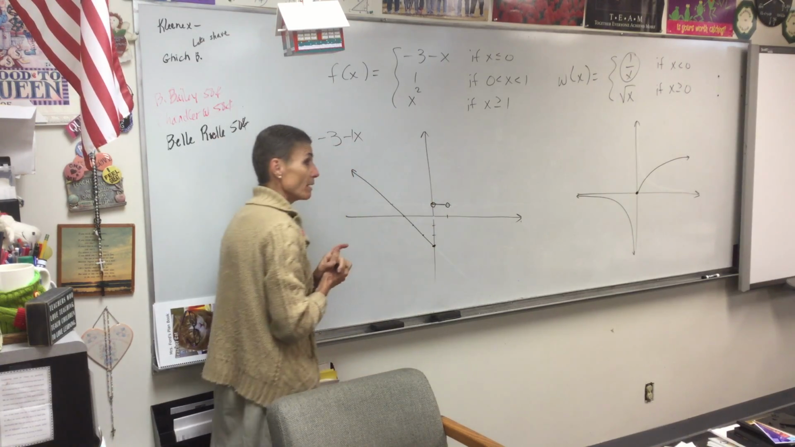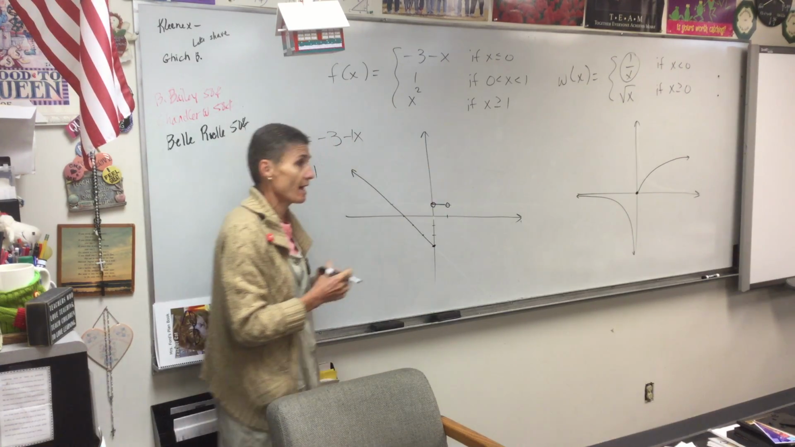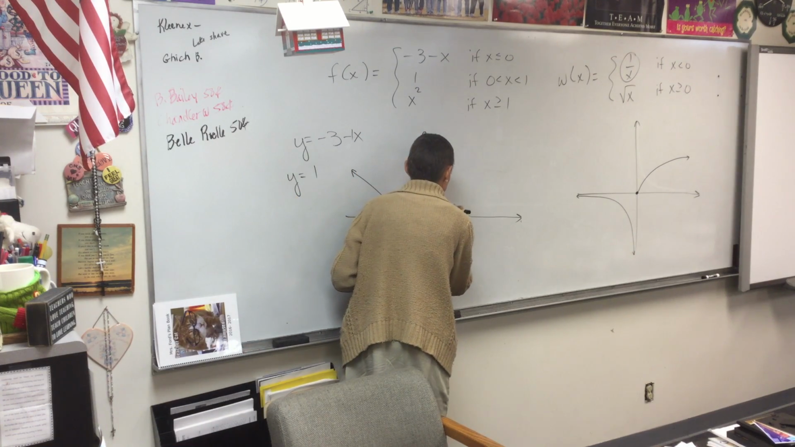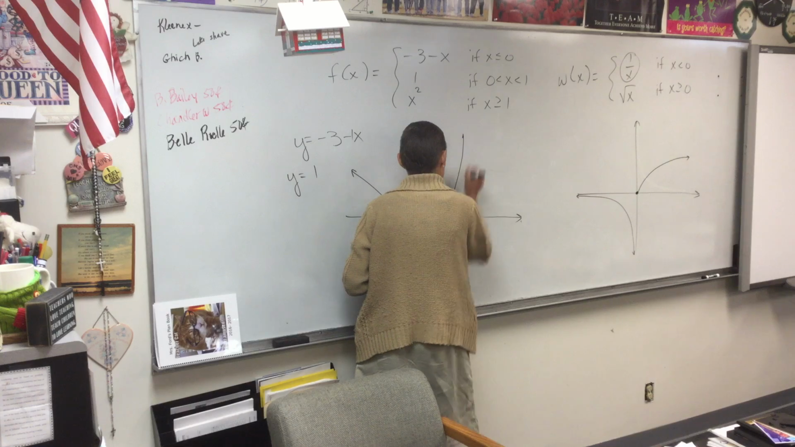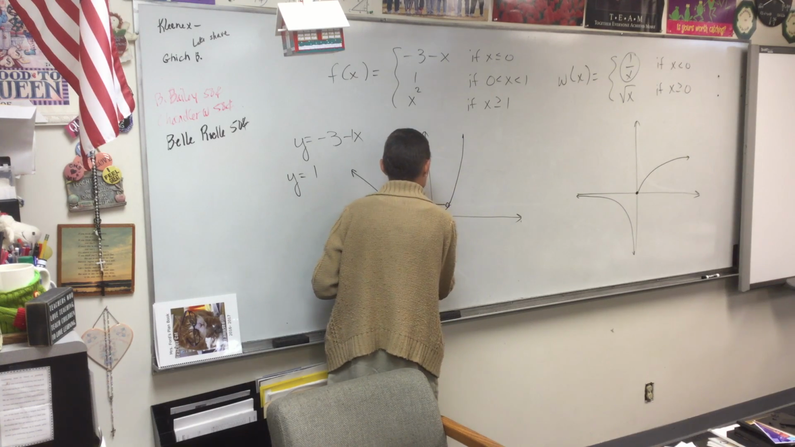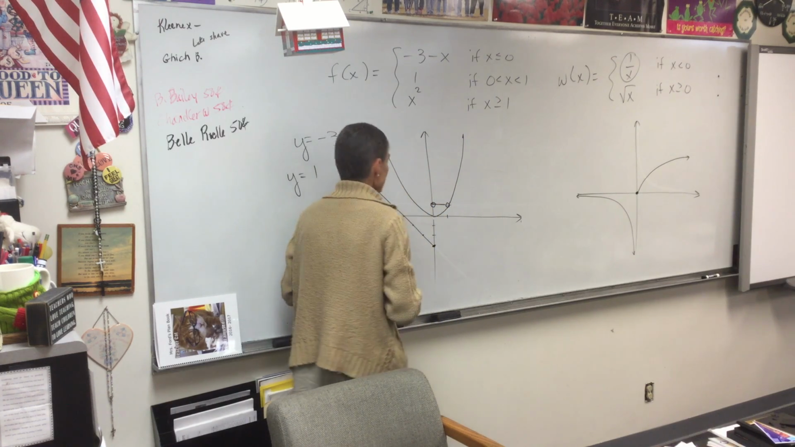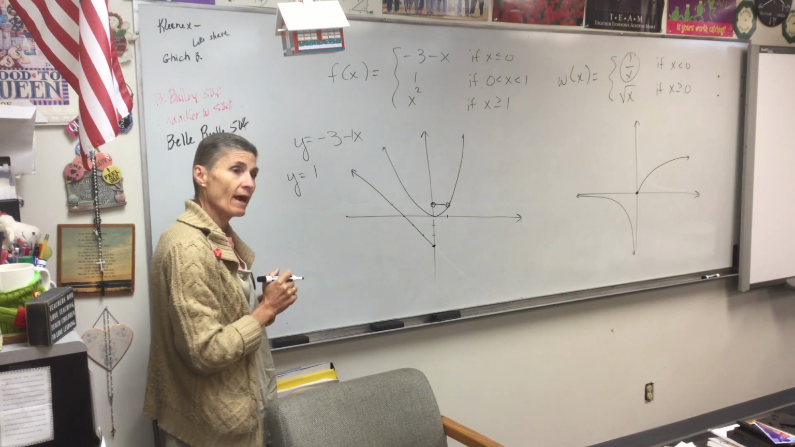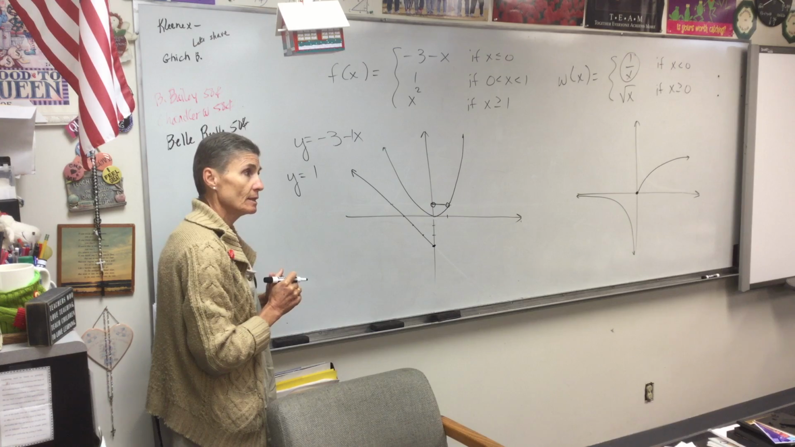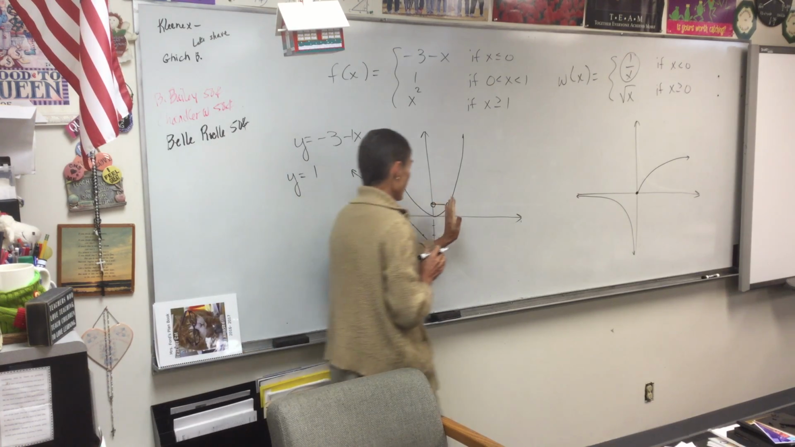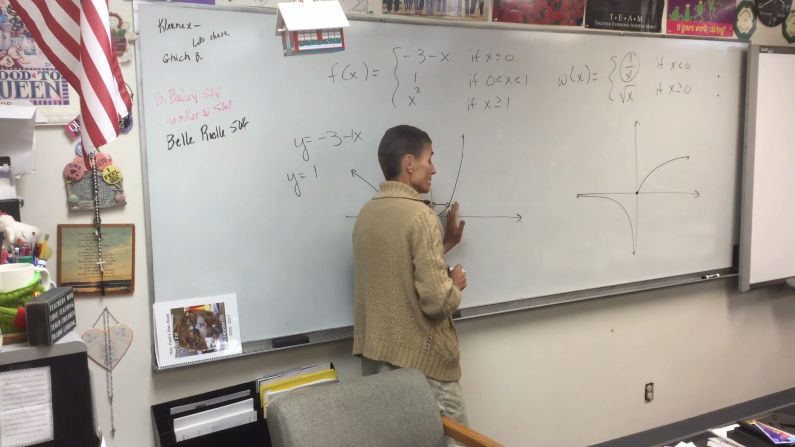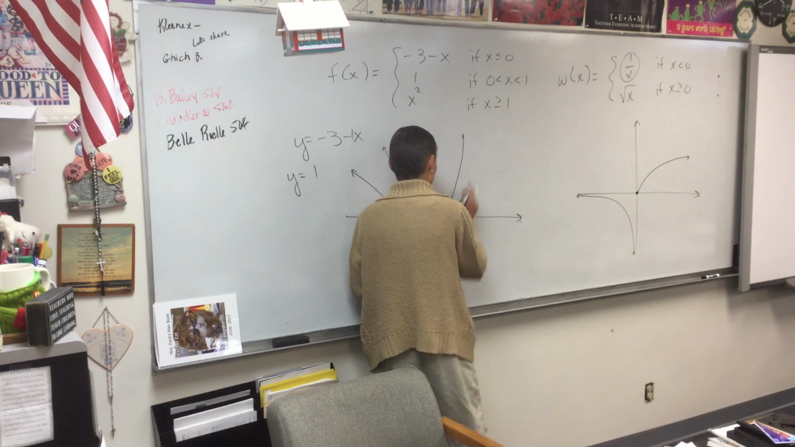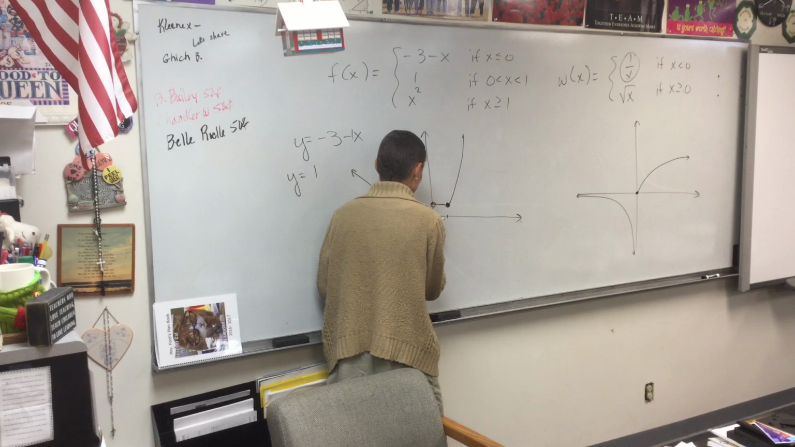The bottom one now, the third piece. What's that? That's your parabola. I'm going to sketch in my parabola. There it is. And what part of that do I want? Everything from 1 to the right. So I'm going to start right here at this point and keep all of that